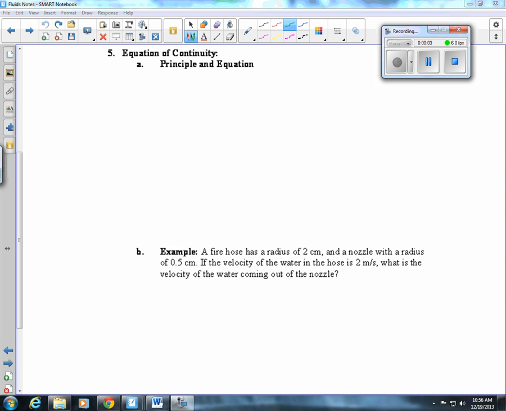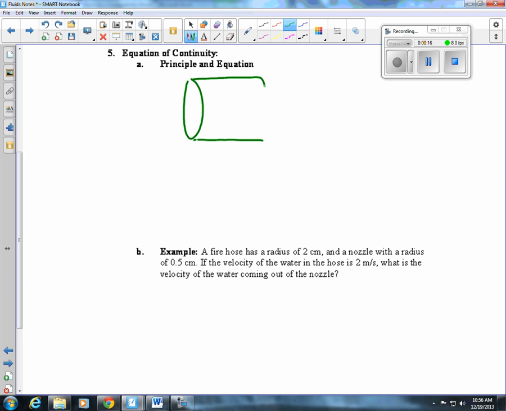Okay, we're going to start talking about moving fluids. Up until now, they've been static, and the rules change a little bit if the fluid is moving. We're going to start out by considering a pipe which is wide at one end and narrower at the other end. Okay? And the idea here is that the